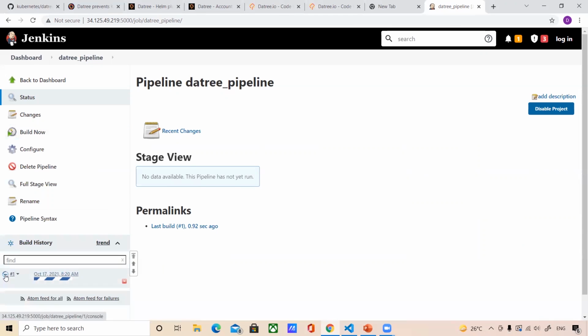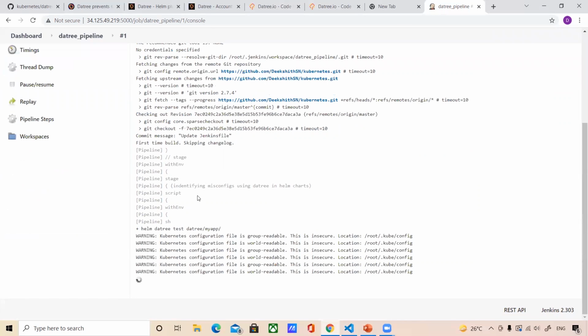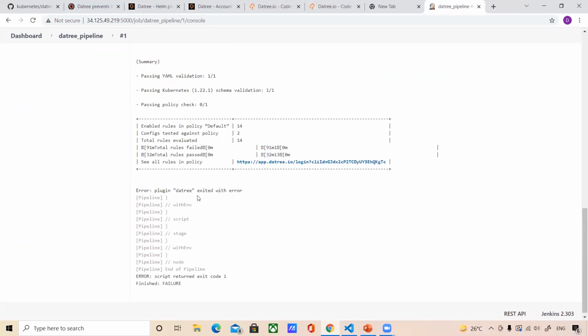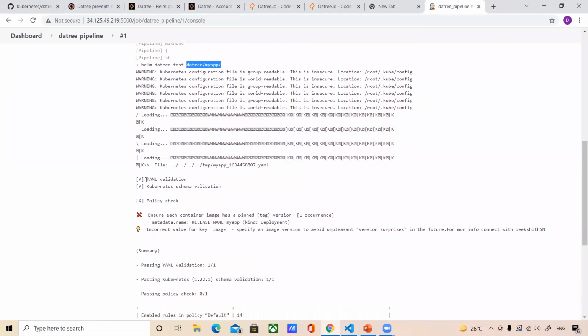So when I run this, it will clone that Kubernetes repository, and it will first set that Datree token. And then after that, if you can see, it has executed helm datree test. And this is the path of my Helm charts. You can see here, YAML validation is a success, and Kubernetes schema validation is also fine.